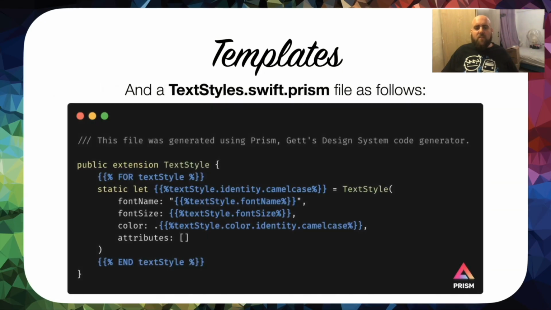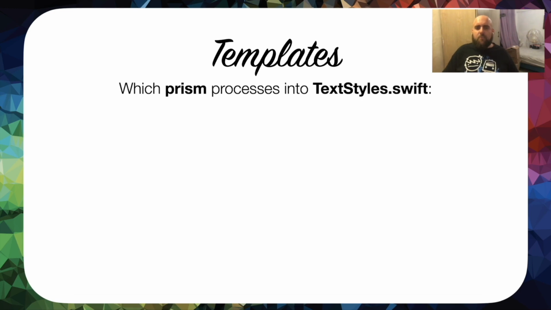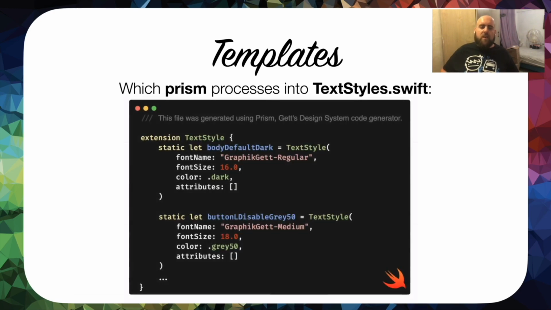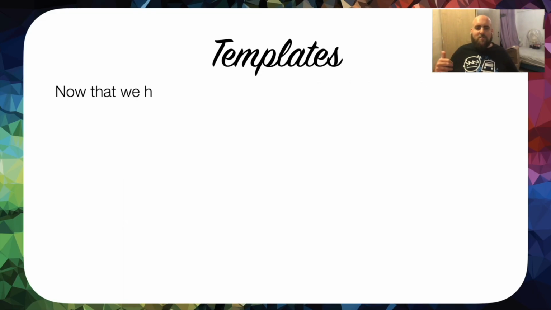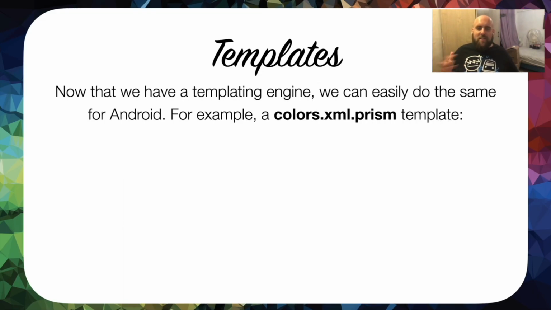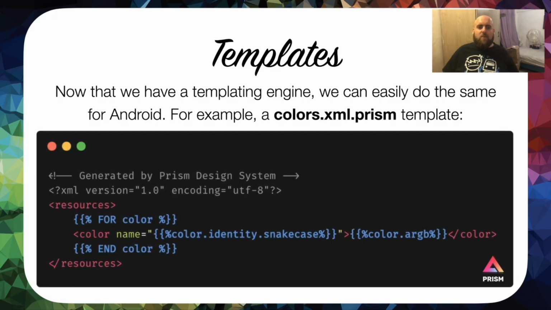We can do the same with textiles. Again, we have the textile name, camel cased with the font name, font size, and the identity of the color, and that's linked to the same colors we just saw. And running, again, Prism on these would generate all the textiles in iOS. But wait, we just worked so hard on this template engine. We can easily do the same on Android without any hard work, basically. We just make this